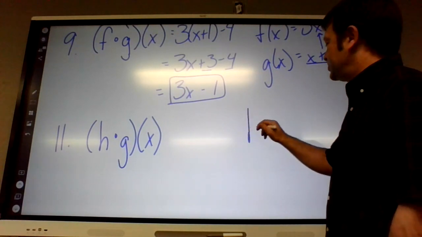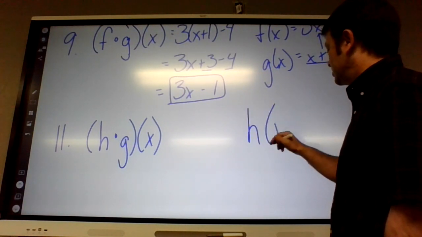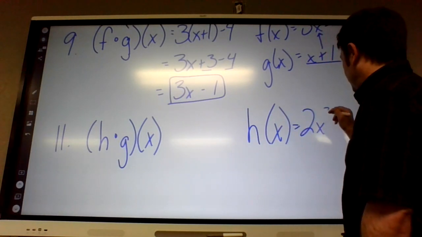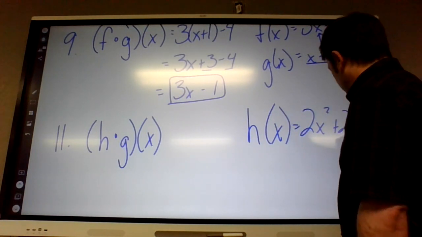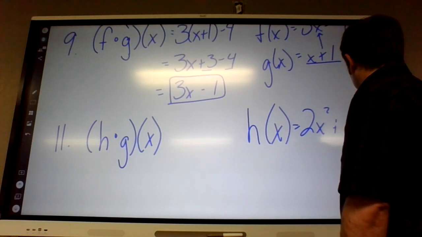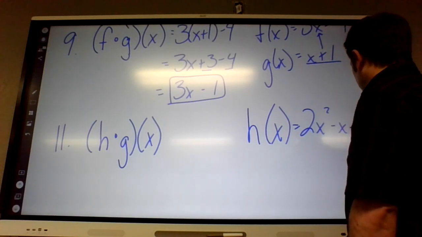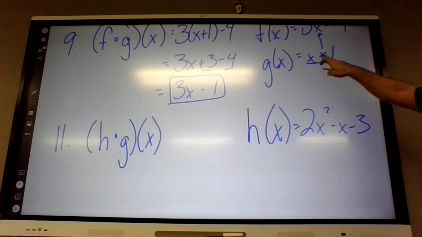So the h function was, I keep forgetting, 2x squared plus 2x minus 1? Minus x minus 3. Minus x minus 3? Not even close, I wouldn't be close. Okay, so